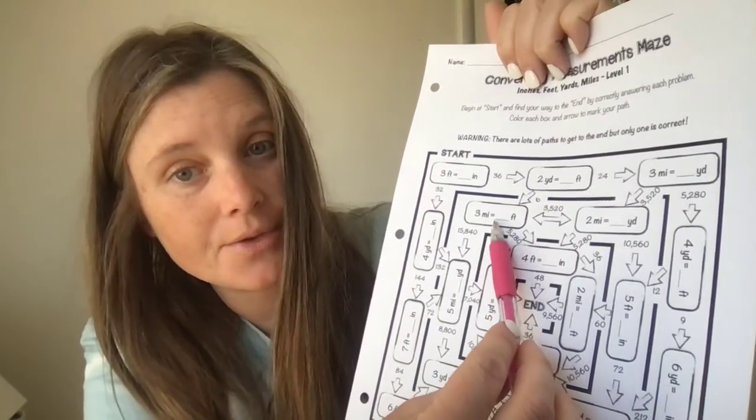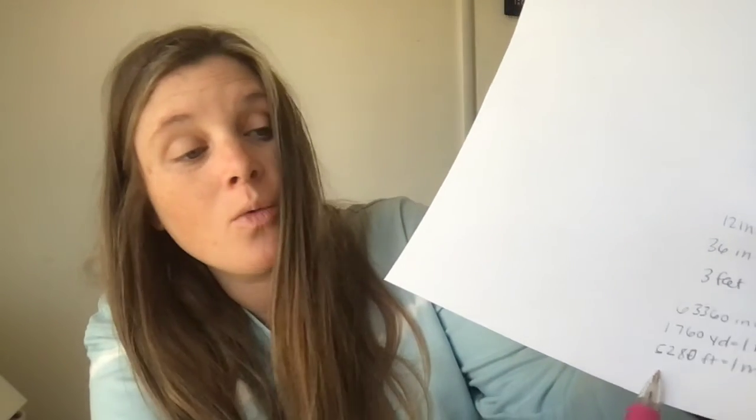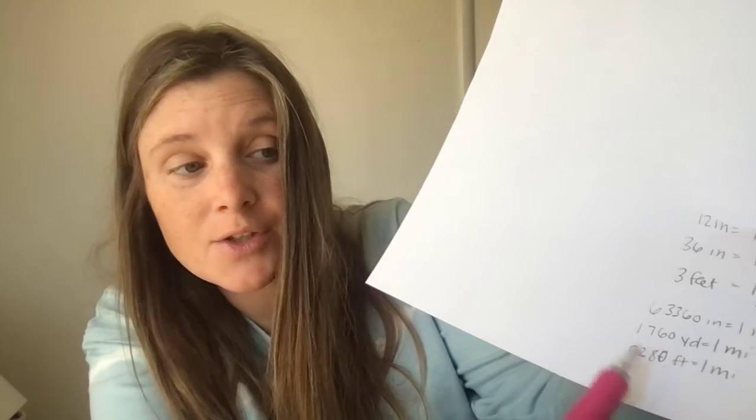3 miles equals how many feet? Well, how many feet is in 1 mile? 5,280. We're trying to find 3 miles. So we've got to multiply this by 3, right? Okay. All right. Go ahead and you can finish your